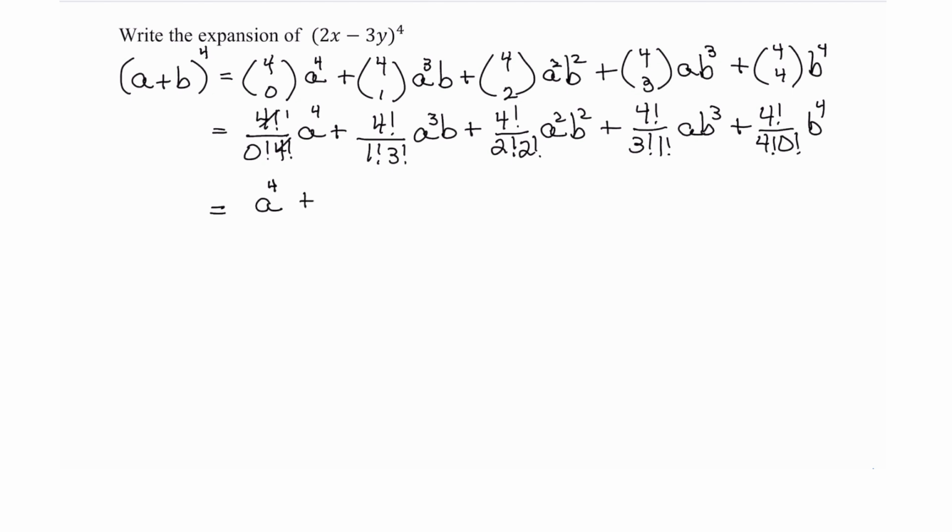Then 4 factorial over 1 factorial 3 factorial, we write that as 4 times 3 factorial over 1 factorial 3 factorial. The common factor of 3 factorials remove, and that 1 factorial is just 1, and so 4 divided by 1 is 4. And so I get a value of, let me write the next line down, a to the fourth plus 4 a to the third b